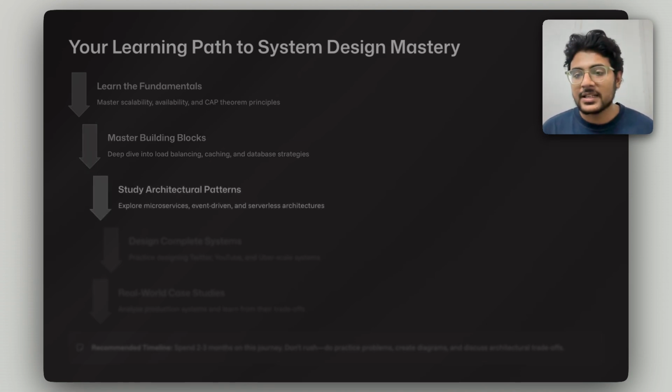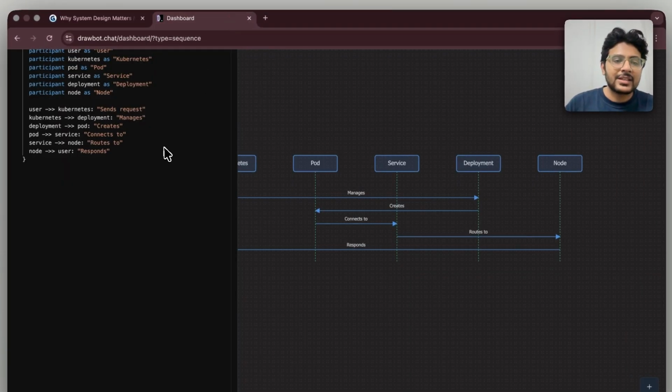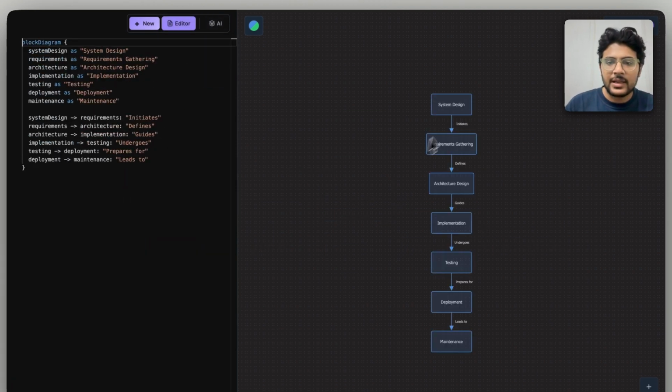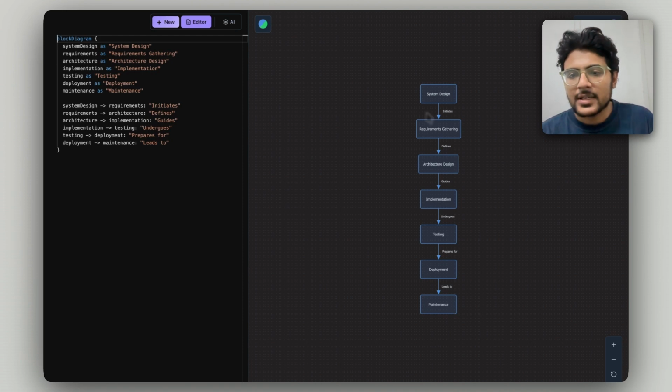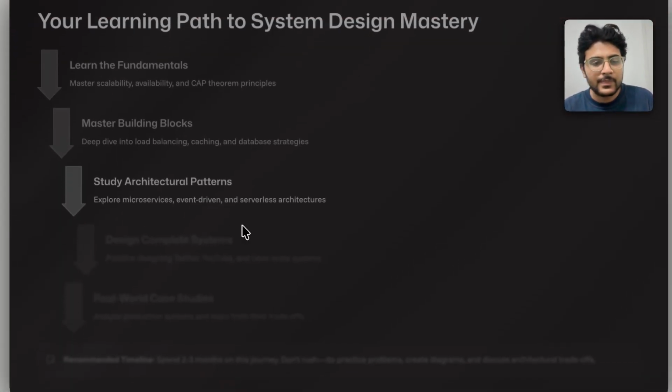Then you should understand architectural patterns. If you look over this, it's pretty much like our first diagram, where we have some understanding of systems, then requirements, then we design an architecture for our application, then we start implementation.